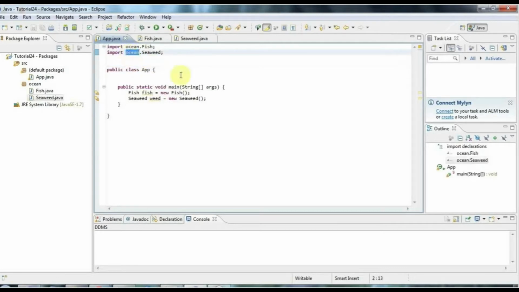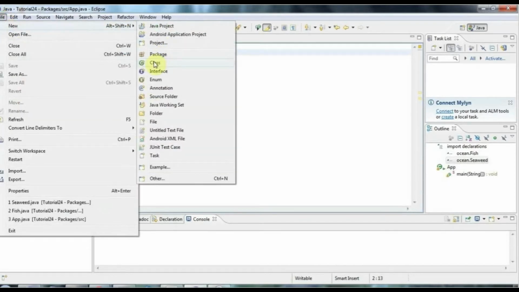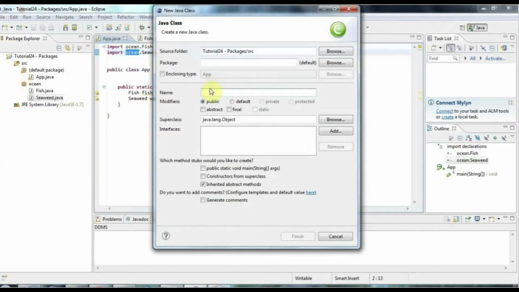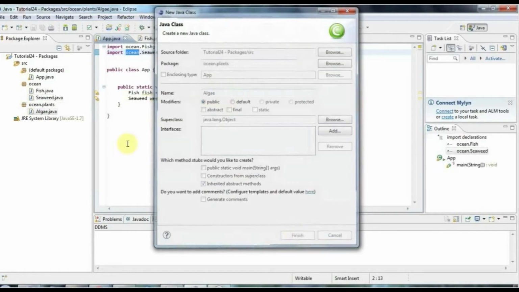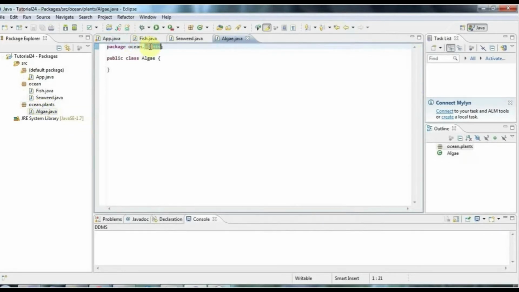Supposing I've got an Ocean package and I want to create a sub package within that called plants, let's say. So I'm going to go to File, New, and New Class, and let's have a plant, let's say algae, which I guess is a type of plant, or is it an animal? I'm not really sure. It doesn't matter, and I'm going to say that I want this to be in the Ocean package, and then in a sub package of Ocean called plants. I think algae are creatures actually, but it's not important. Okay, so if I click finish now, you see that I've got this package here, ocean.plants, with this class algae